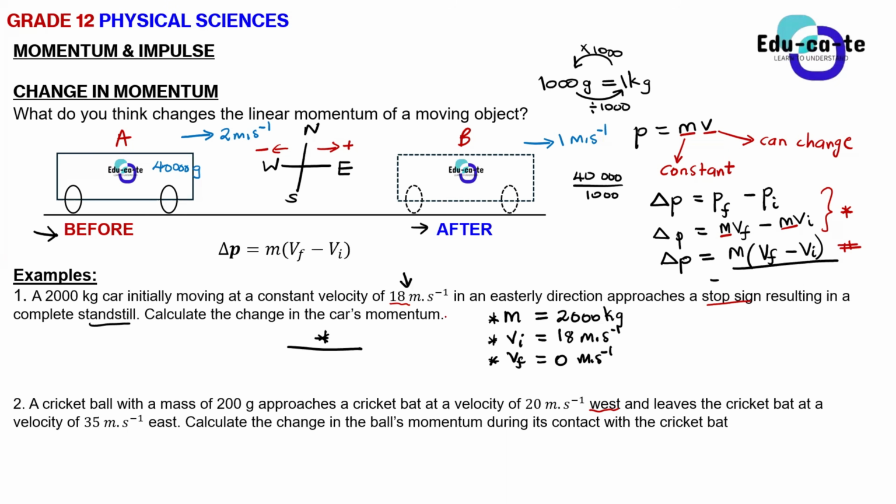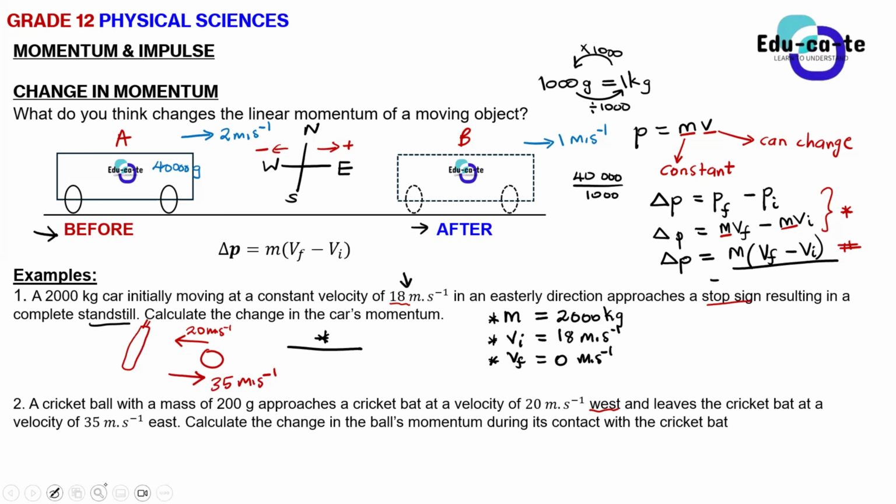Awesome. So west is negative, right? If we take west to be negative and east to be positive, we know that this cricket ball, is there such a thing as a cricket ball? I don't know, but this cricket ball is going to the west, and then there's a cricket bat here. It is going to the west at 20 meters per second, and then it bounces off from this cricket bat. So initially it is moving with this velocity, but when it bounces off, finally it comes back with a speed of 35 meters per second.